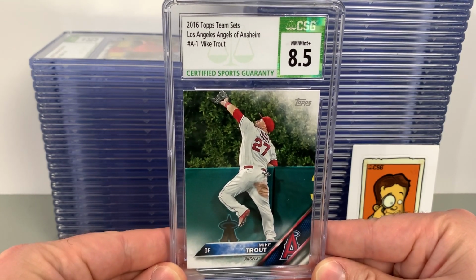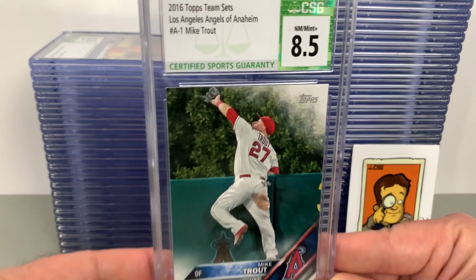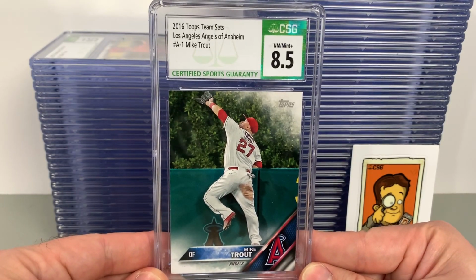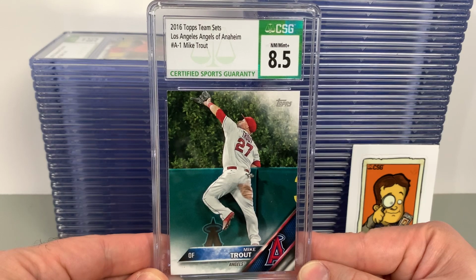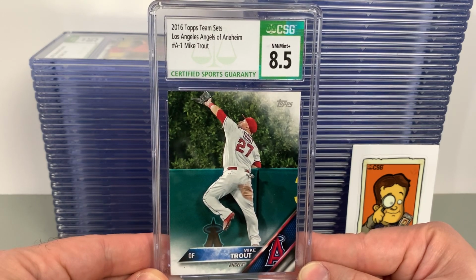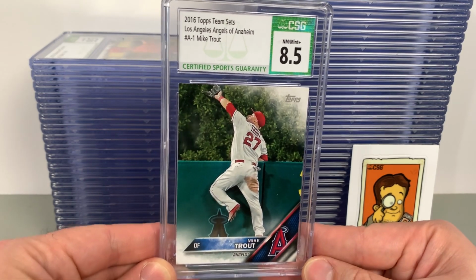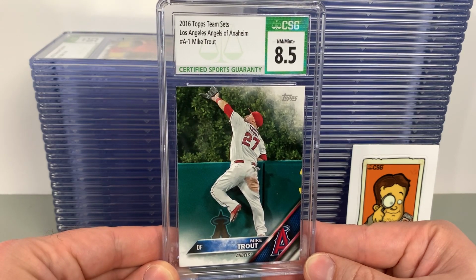So overall, the slabs are excellent looking. Love the look of them. They are crystal clear. I mean, look at that. Absolutely crystal clear. They feel good. They feel a little more sturdy than a PSA slab, but they're fairly compact. Definitely a little heavier, a little stronger plastic than the PSA ones, but a little less bulky than, say, SGC